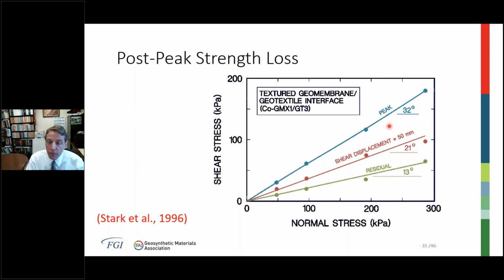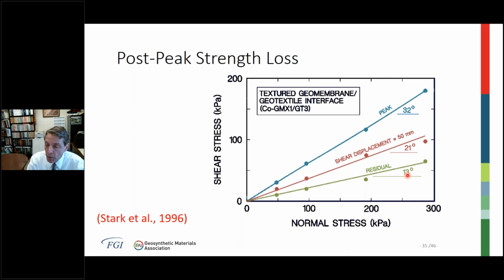So our peak strength for this textured geomembrane nonwoven geotextile interface is high. It has a friction angle of 32 degrees, good Velcro effect between the texturing and the geotextile. But as the displacements increase to 50 millimeters or 2 inches, now the envelope is reduced to 21 degrees. And of course, if you go all the way to residual, it's reduced to 13 degrees. This is important if the